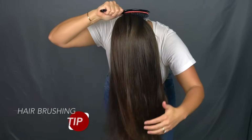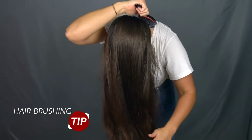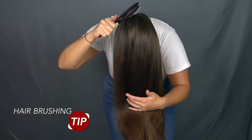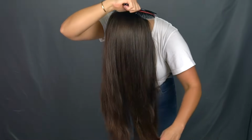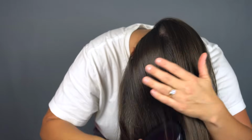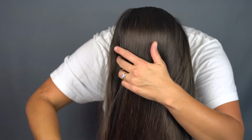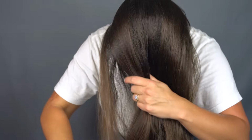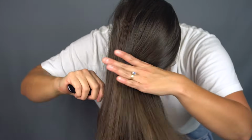As I'm brushing my hair, you'll notice that I'm hinging at the waist and inverting my head. This really helps with blood flow to the scalp, as well as putting you in a good position to brush from the nape of your neck down to the ends. The nape of your neck is a good place to start because that is where the majority of your oil glands sit, and you will notice that that is often where you get the most oily. Thus, when you start there and work towards the ends, you are truly dispersing the oil evenly through the length